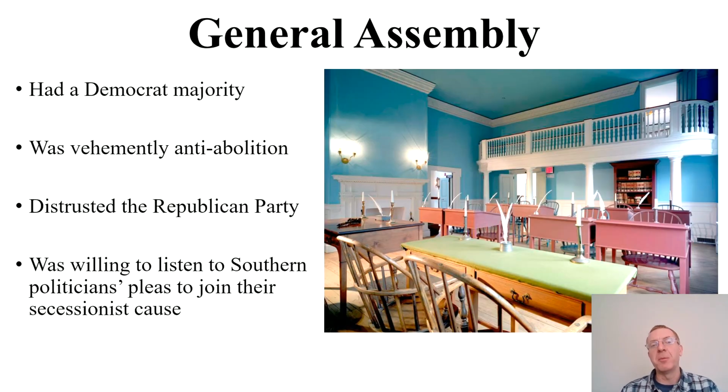So let's look at the State General Assembly. They have a Democrat majority. They are incredibly anti-abolition. They are also, like the governor, in favor of the permanence of the protection of slavery where it exists in the United States. And they also are very open-minded towards listening to their fellow Southern states' representatives who might wish to come up there and talk to them about the benefits of seceding. So you can understand why Lincoln is not really trusting Delaware at this point, as both the president-elect and as the president from March 1861.